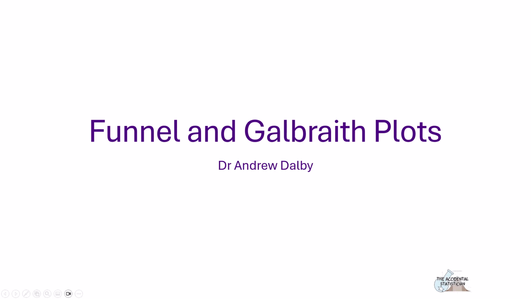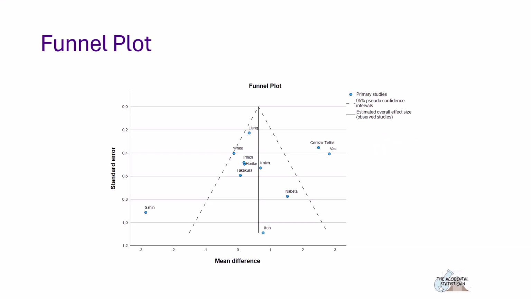Two diagnostic plots that you can use to evaluate your meta-analysis are the Funnel and the Galbraith plot. And I want to go through these for this particular set of data. The Funnel plot is used to investigate whether there's a problem with publication bias. If you look at the funnel plot, which is actually more like a pyramid, so it's an upside down funnel,